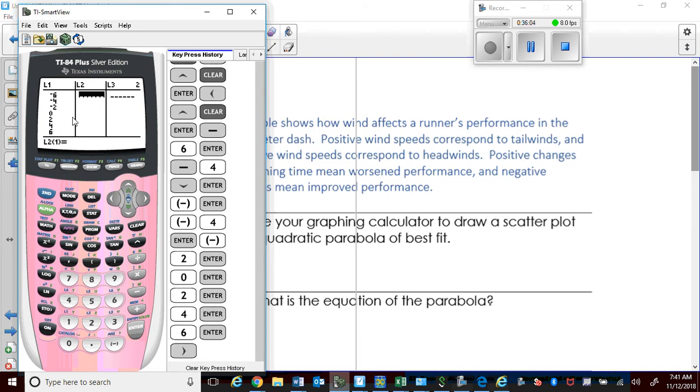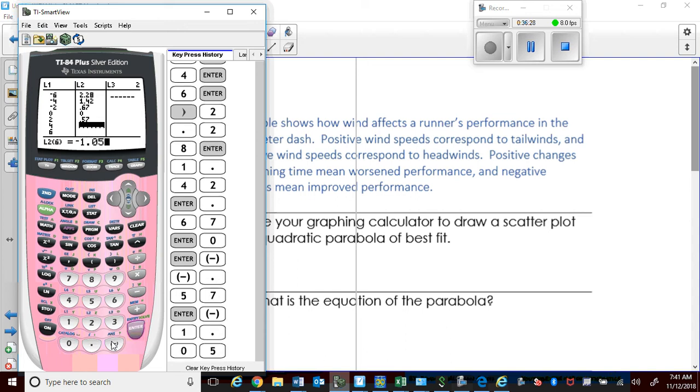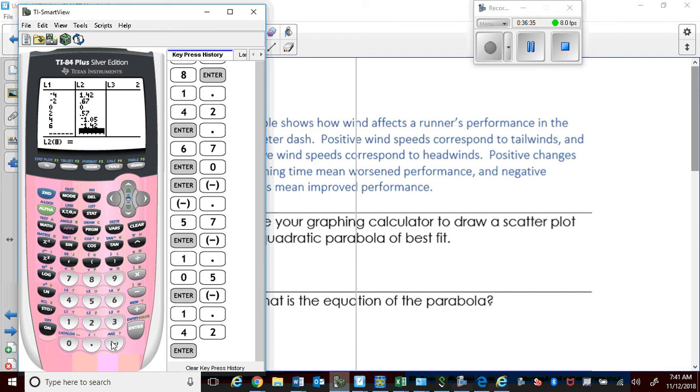On the other side, I have 2.28, enter, 1.42, enter, 0.67, enter, 0, enter, negative 0.57, enter, negative 1.05, enter, negative 1.42, enter. Now, for that, I'm getting the equation, so I'll go to